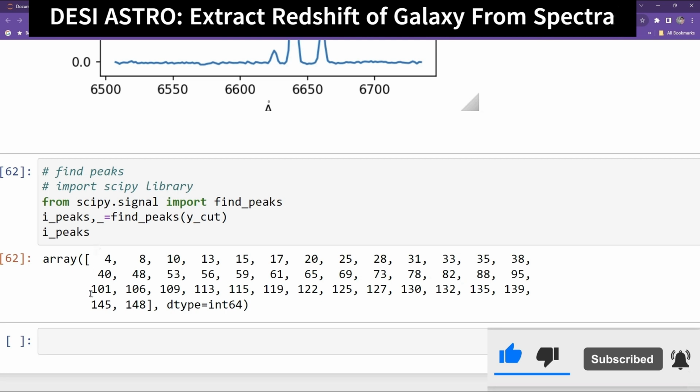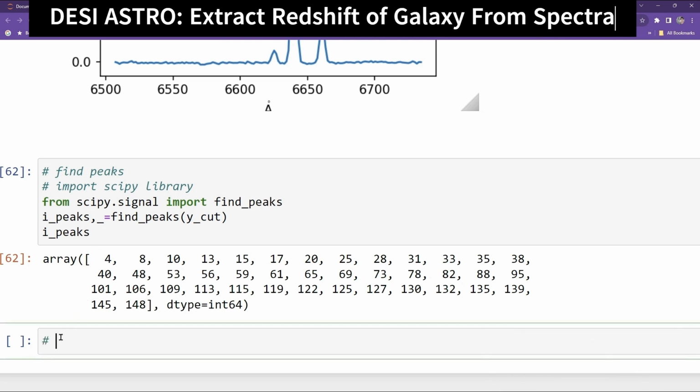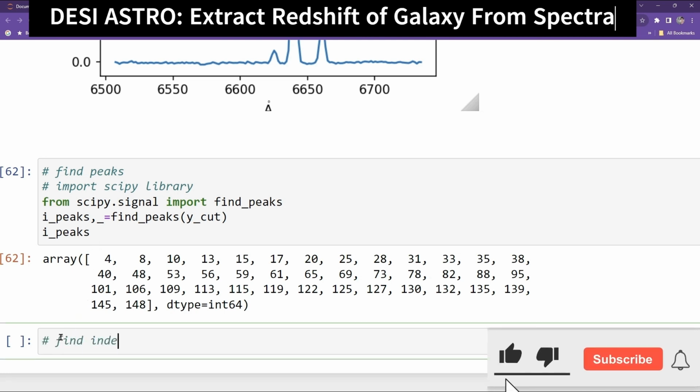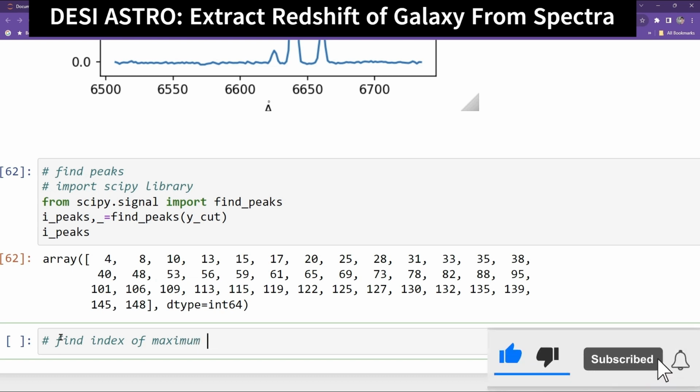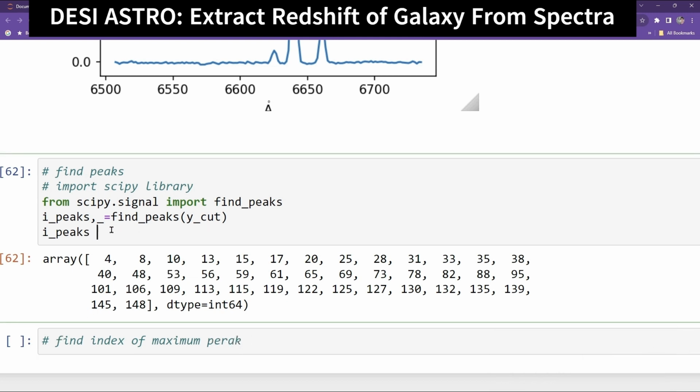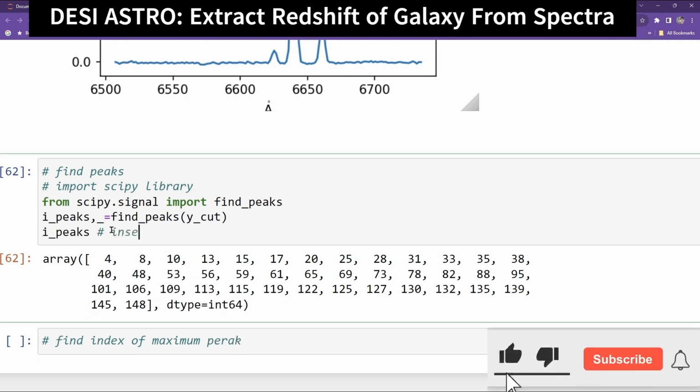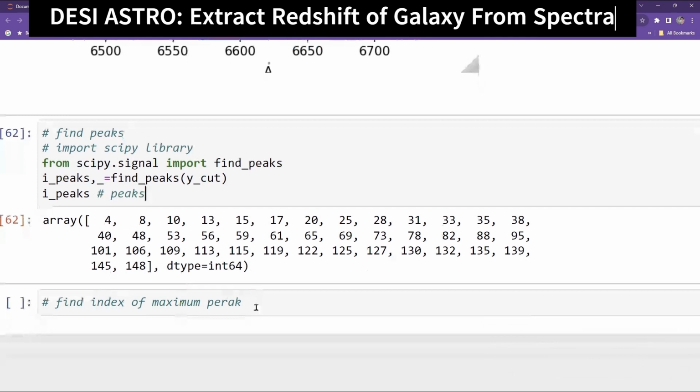Okay, so find the index of the maximum peak. This will give you the index of the peaks. So these are the peaks. Okay, now